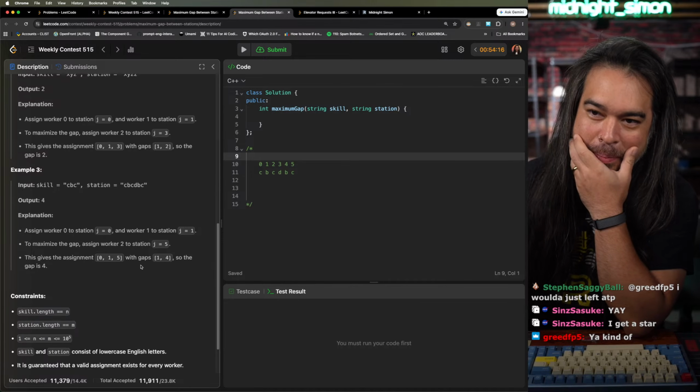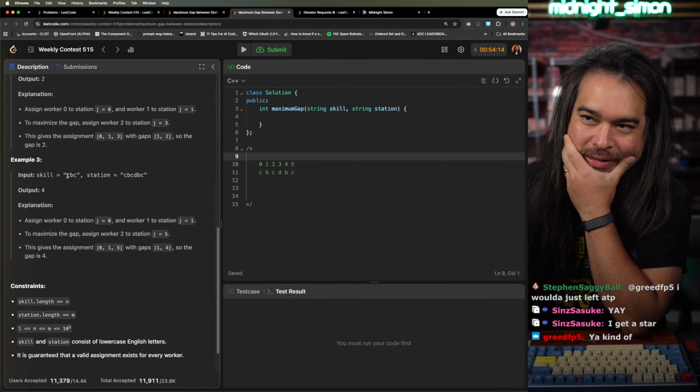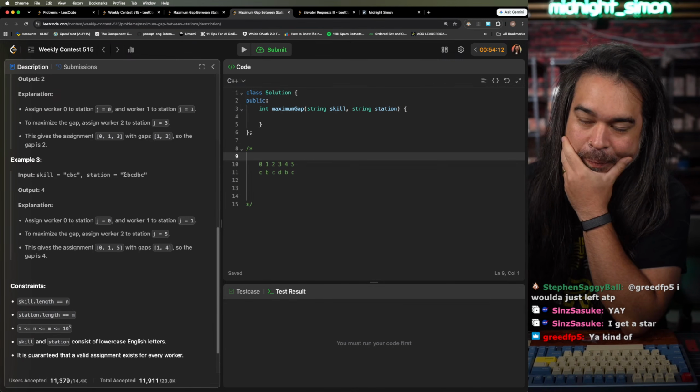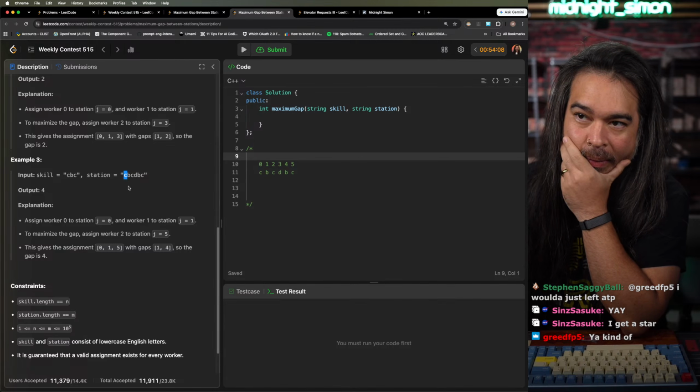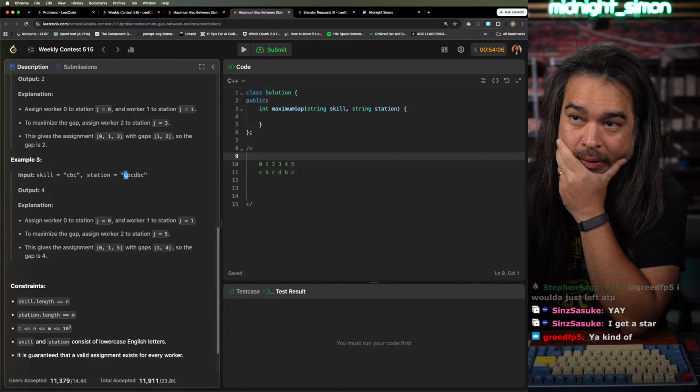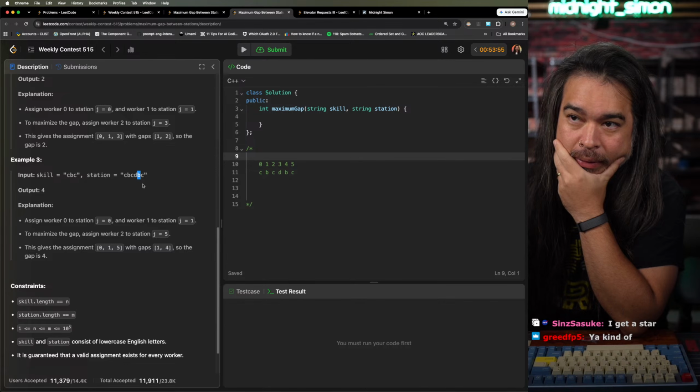Should I give up on this problem? I don't got any good ideas. So we hit a C. And then if we have a B next, then we have a choice. We should choose the furthest thing possible. And then if we have another choice,